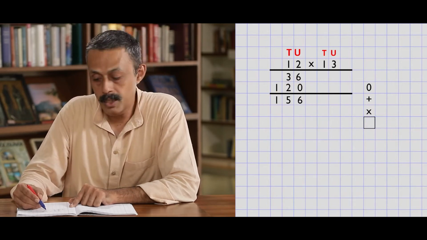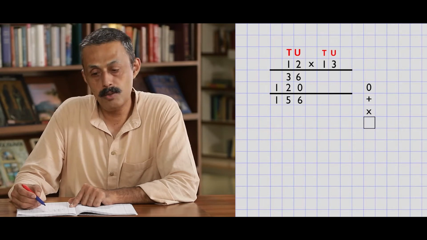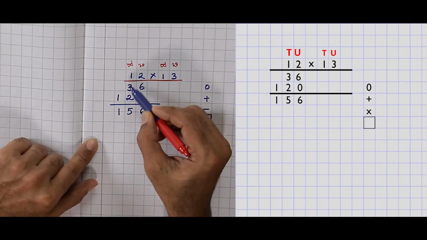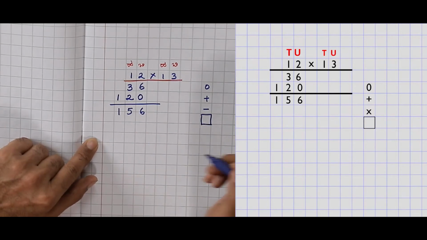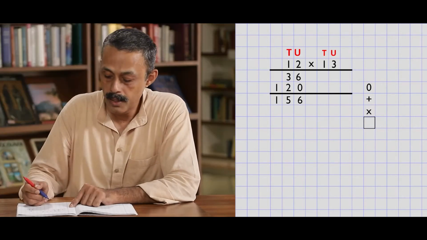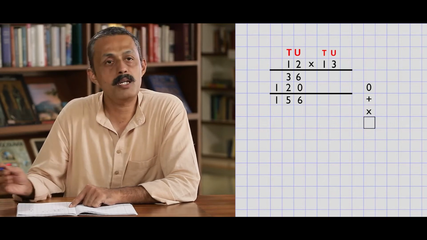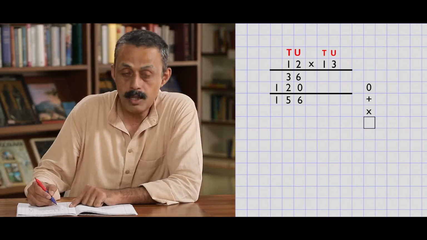There can be a question here. The teachers or the children may ask this. 10 2s are 20, but 10 10s are 100. How do we write it? For that, let us do the same problem in an expanded way, and let us see if we get the same answer.